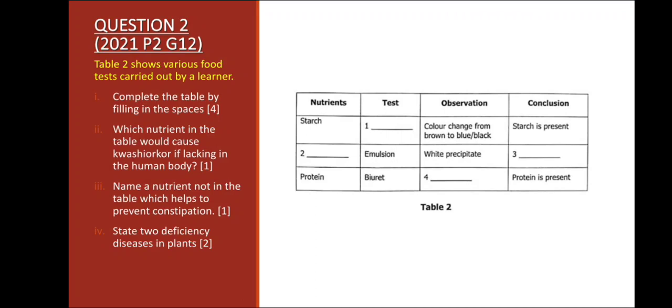So table 2 shows various food tests carried out by Elena. So let's look at table 2. We can see that we've got nutrients there, under nutrients we've got starch, and then we've got